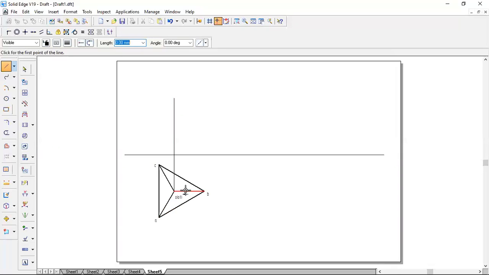So when the line is parallel to the XY line, then the other view of that line represents the true length. So from B, project onto the XY line. So here, this is called B dash. This is called B dash, right? So B dash, O dash, what?